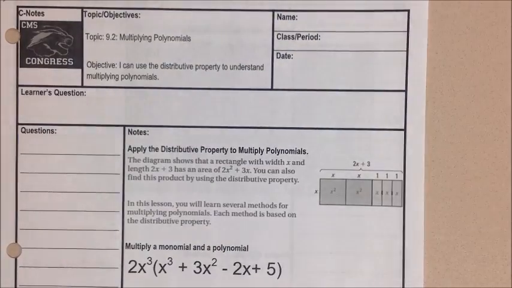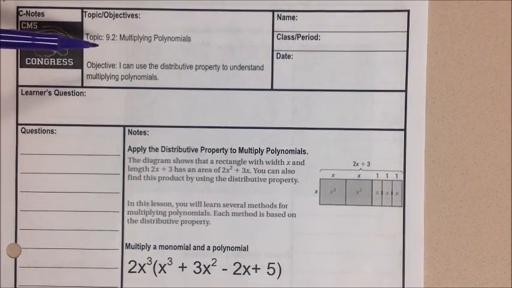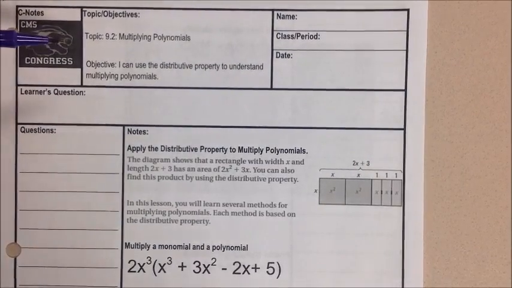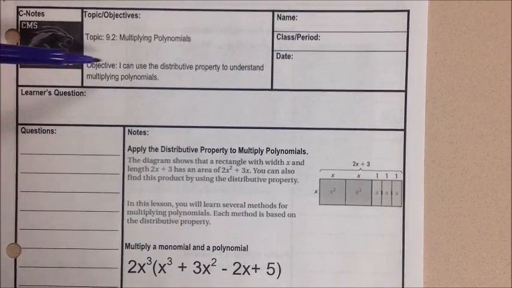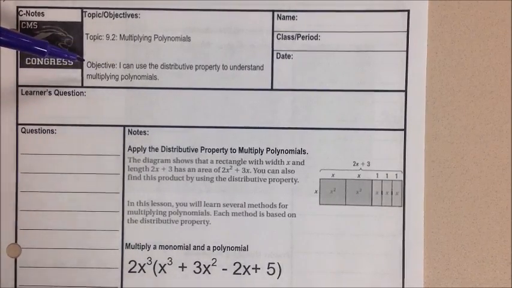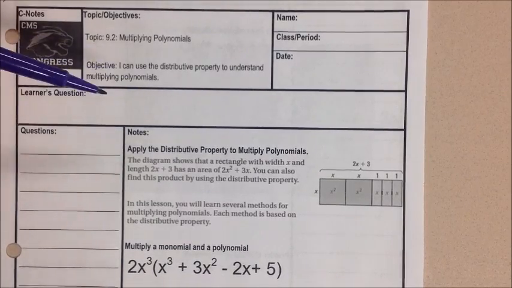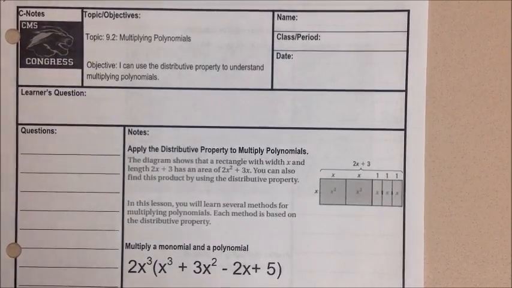Okay, so this is 9.2. This is multiplying polynomials. This is a little bit harder than adding and subtracting, obviously, but you guys will be fine. So the objective here is I can use the distributive property to understand multiplying polynomials. So we're going to use what you guys know about the distributive property to help understand what it means to